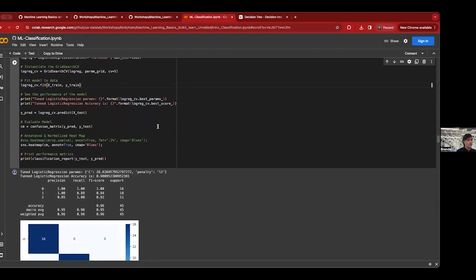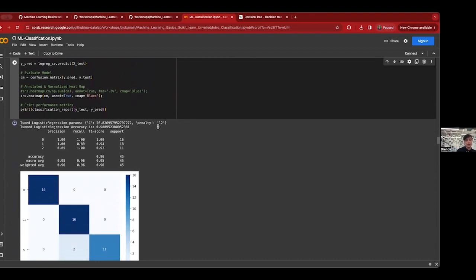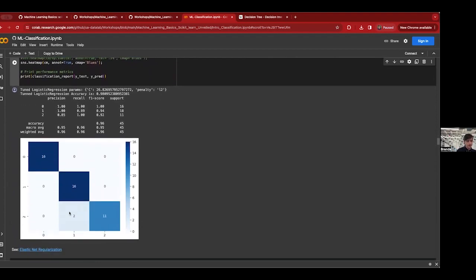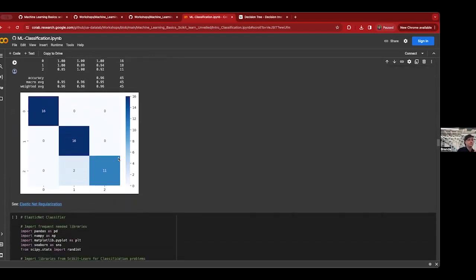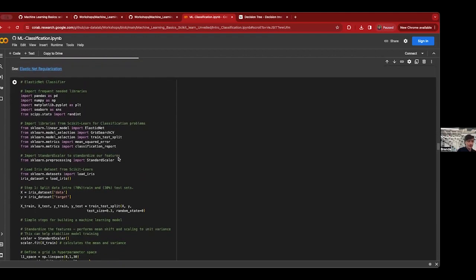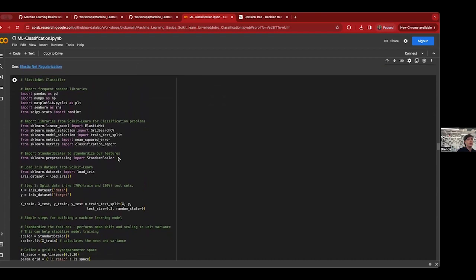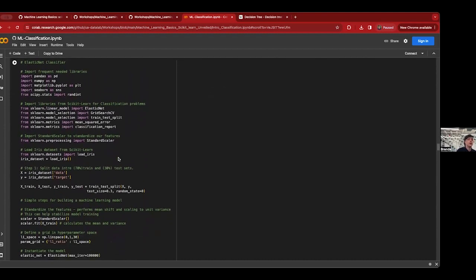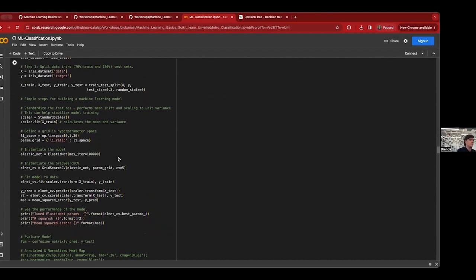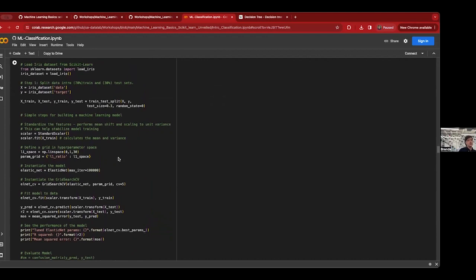Again, just looking at all of these best parameters and then the heat map as well. So this one's doing quite well. It's only wrong for two of the examples in our training set. And then this is an elastic net regularization, just another type of classifier where it's mostly the same. Here, what I had to do,